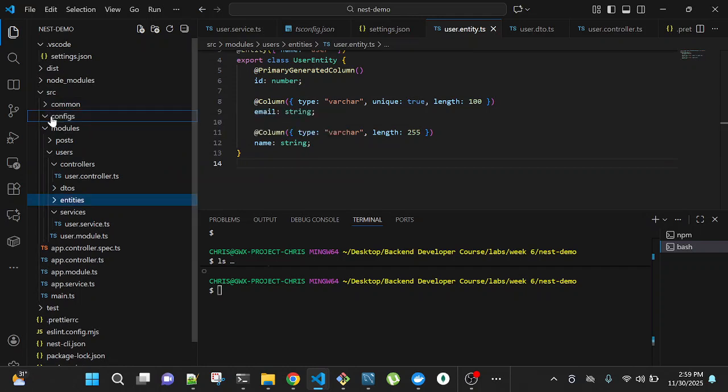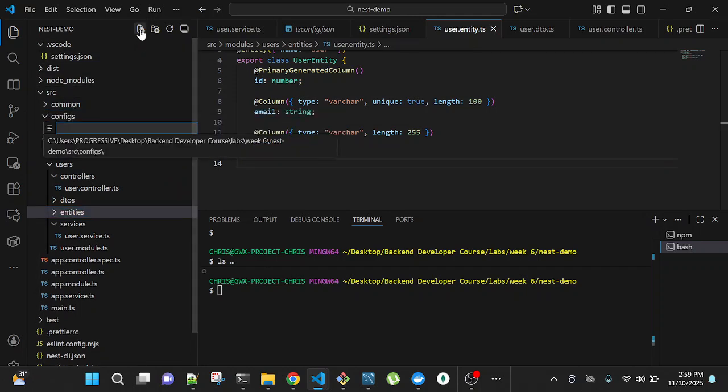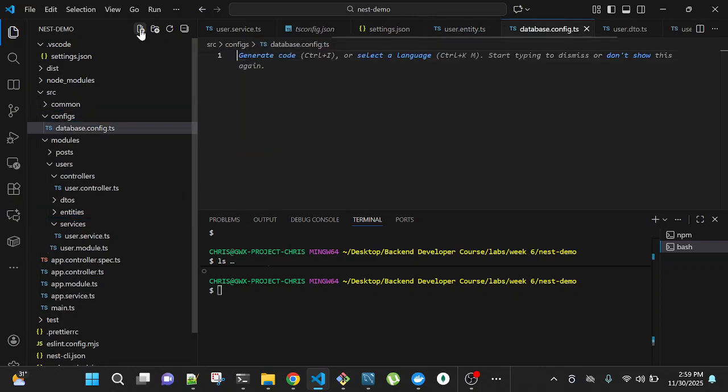So here I'm going to create database.config.ts. Let's see how we're going to configure our database. We're going to create a module for our database, and this is how we're going to do it.